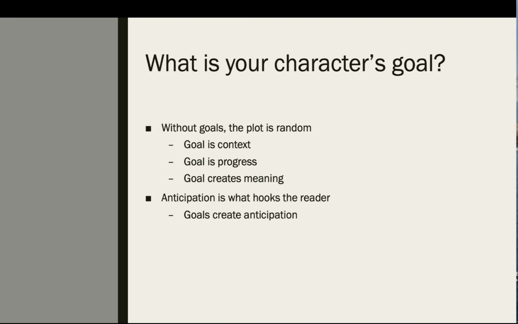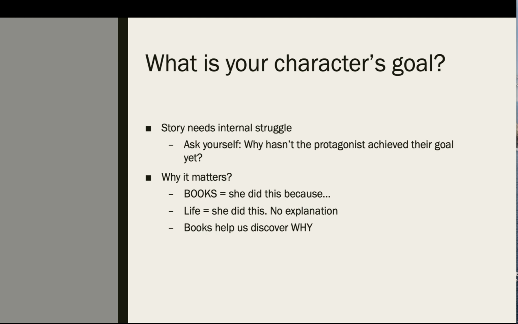We don't know what to anticipate if the character has no goals. We wouldn't know to be nervous every time the camera pans across Holly. The only reason that it matters is because that's John McClane's wife. The story should dig deeper